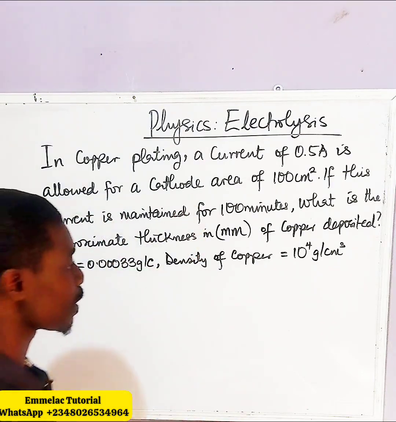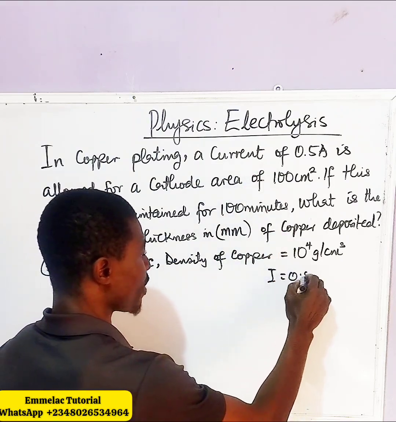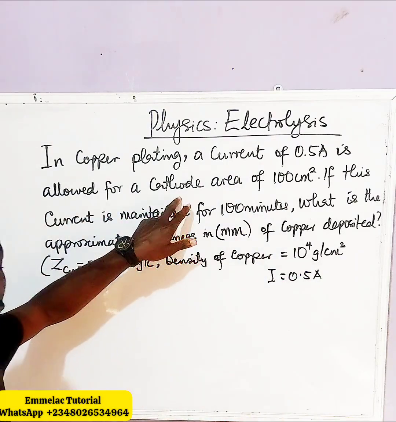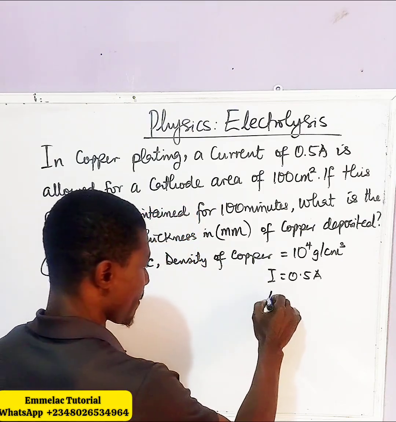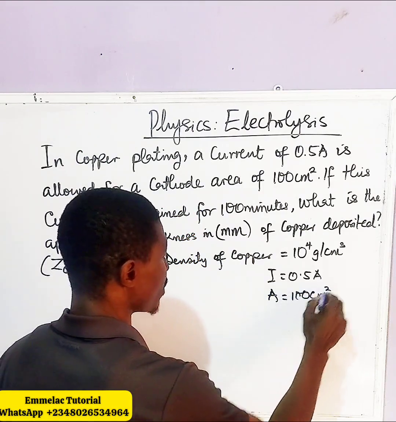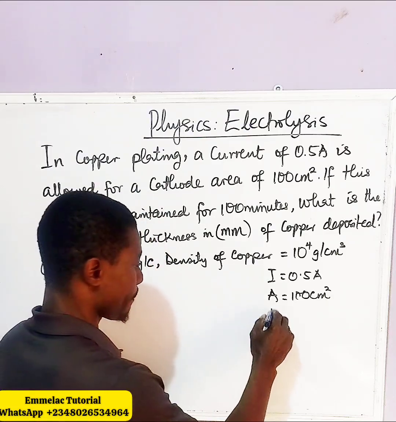Now we're given that the current I is 0.5 amperes. Now the area of the plate, that's A, is given as 100 centimeter square, and the time T is given